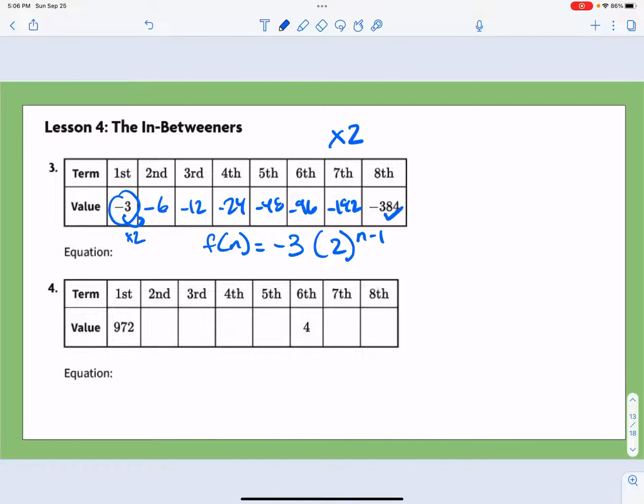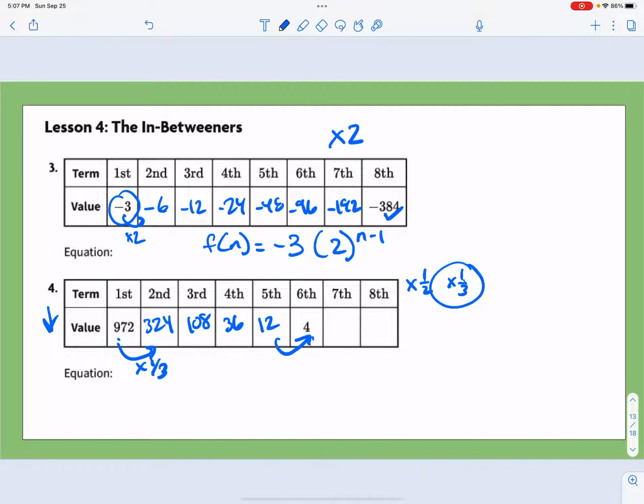Number 4, we see we're decreasing from 972 to 4, so I'm multiplying by some kind of fraction. Maybe I'm multiplying by a half, maybe a third. Those are all options you want to explore. In this case, when I was exploring it, I found it was best to do by a third. So 1/3 of 972 is 324. 1/3 of that is 108. A third of that is 36. A third of that is 12. And a third of that is indeed